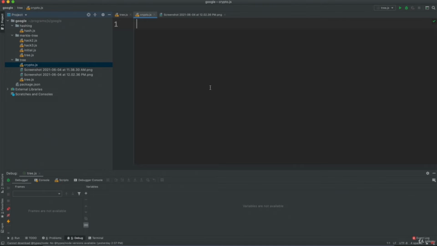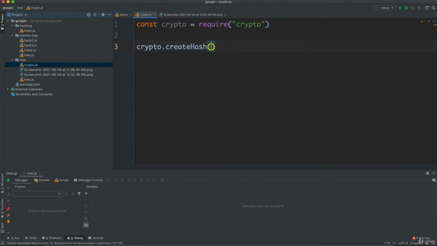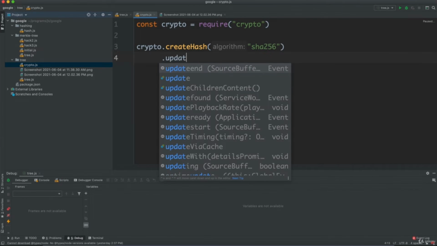All right, so I've just created a crypto.js file, and let us go and pull out the crypto module. So I'm just going to use require of crypto. Okay, and what I'm going to do is crypto dot createHash. The first argument is the algorithm. I'm just going to say SHA-256,